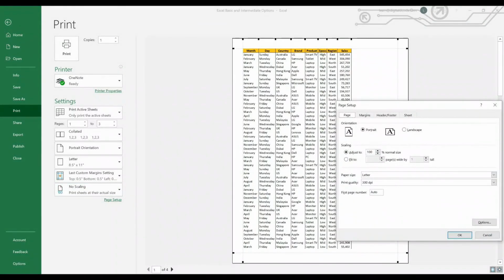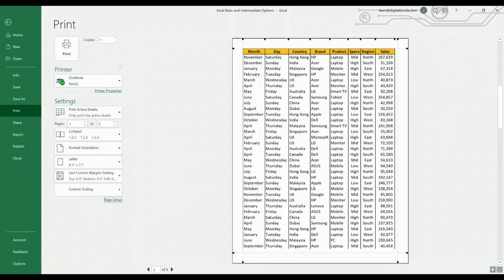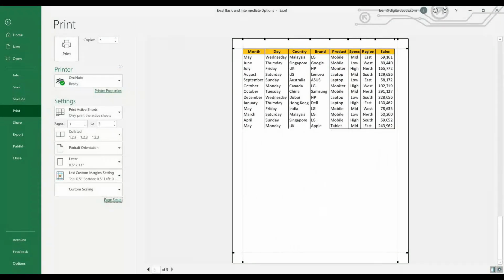So let me change the size back to 140. Now you give print, and this looks much better because earlier it looked so small. Earlier the other pages got included, but now we excluded the unwanted things, and we included only the required data. We also increased the size to look much better. So this is the printing setup.